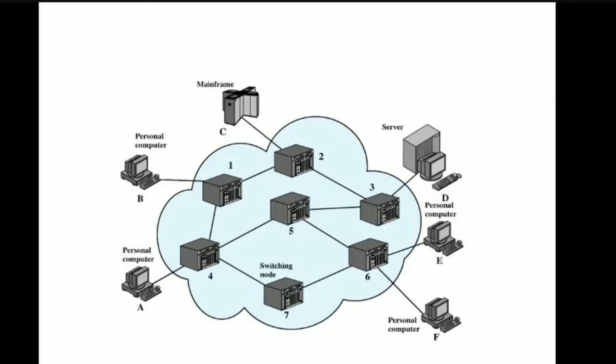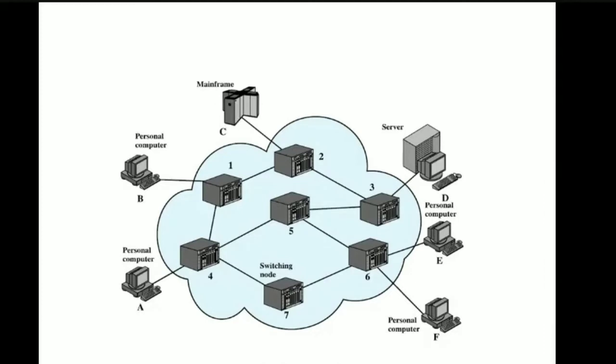But it is always required for us to have more than one possible route within the network for a pair of stations. Let us say I wanted to reach from switching node 4 to node 6. Okay, so I may go from 4 to 1, 1 to 2, 2 to 3, 3 to 5, and 5 to 6, or I may go from 4 to 7 and 7 to 6, or I may go from 4 to 5 and 5 to 6. So it is always best for us to have multiple routes to reach from one node to another node. Okay, so these are the different observations we make in our simple switching network.